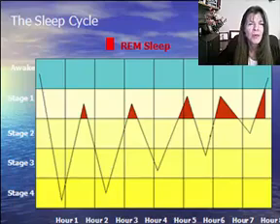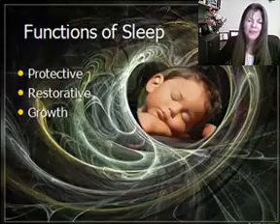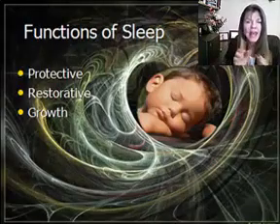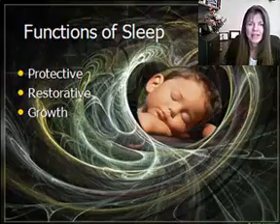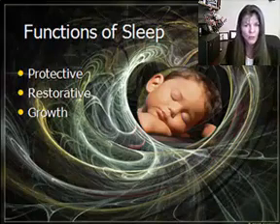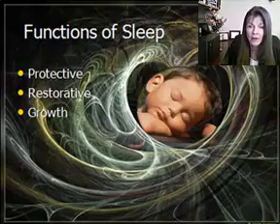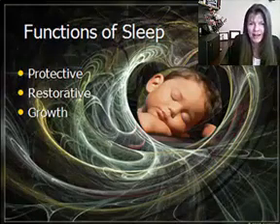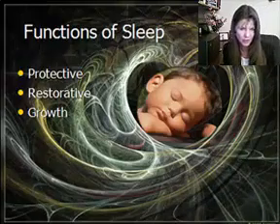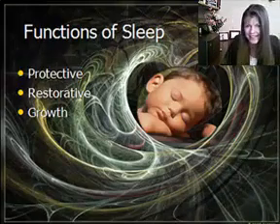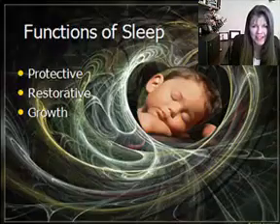All right, so why do we sleep? In other words, what are the functions of sleep? There are three major functions, and the first is for protection. The protective function is an evolutionary function for species like humans who have the ability to hide. Most harm occurs at nighttime. Most of it occurred at nighttime to our hunting and gathering ancestors. That's how we inherited this from them, evolutionarily speaking.